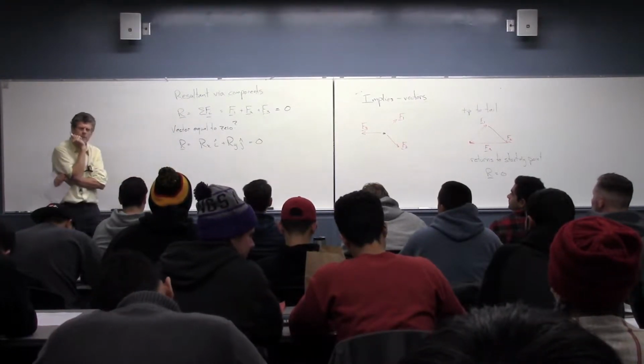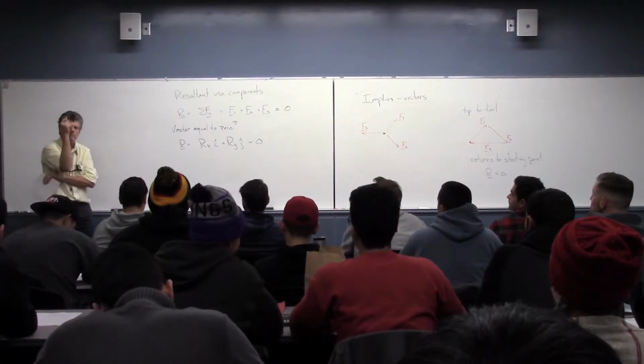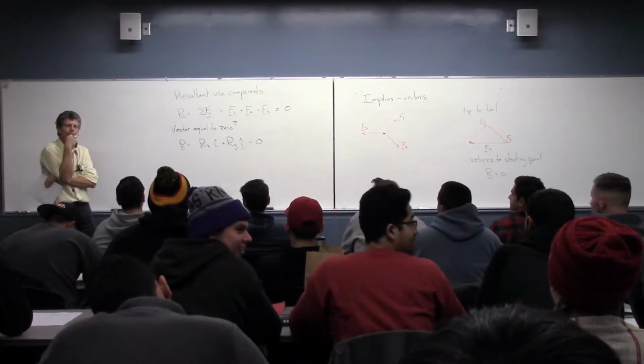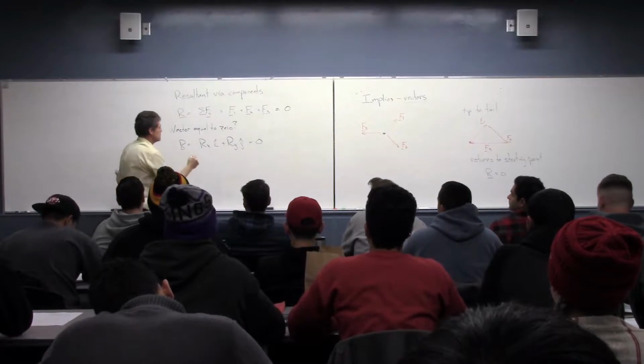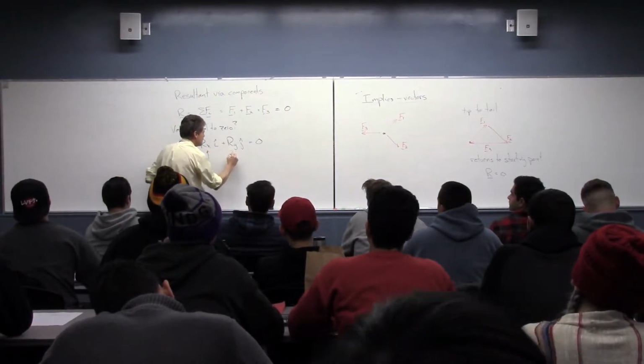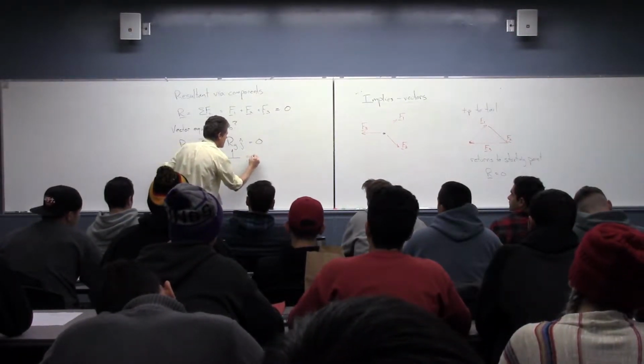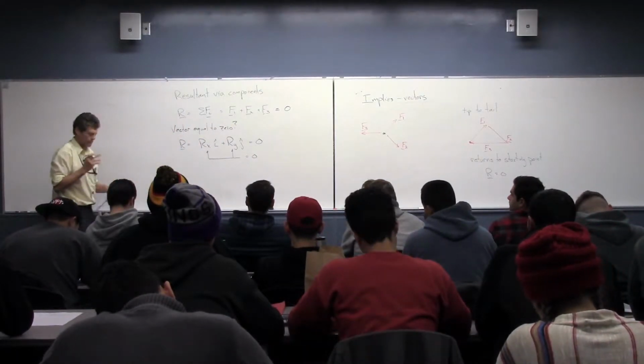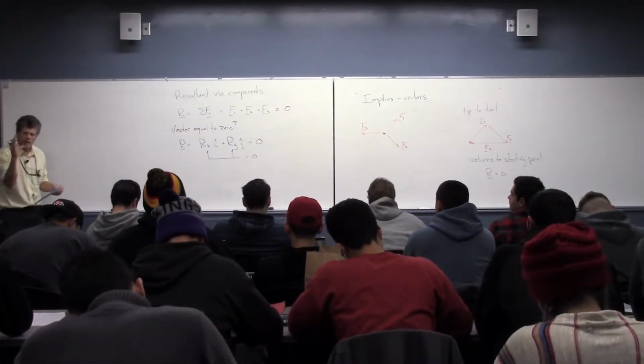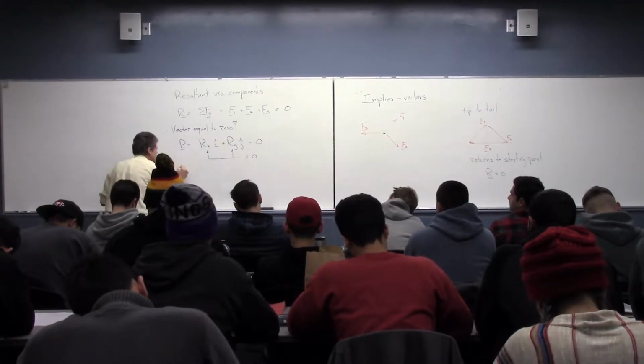Remember that from vector algebra? What makes a vector the zero vector? When all components are equal to 0. So that one and that one are equal to 0. Okay? So when we think about those two components, what we really have